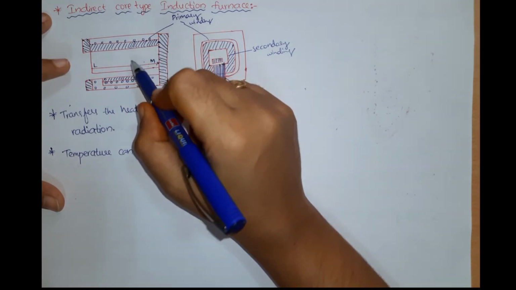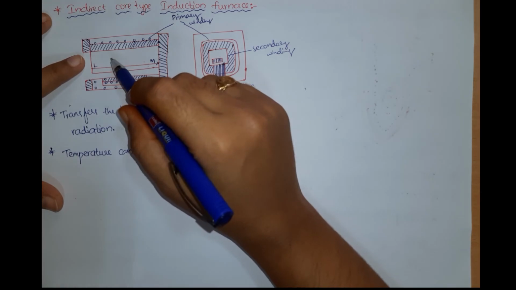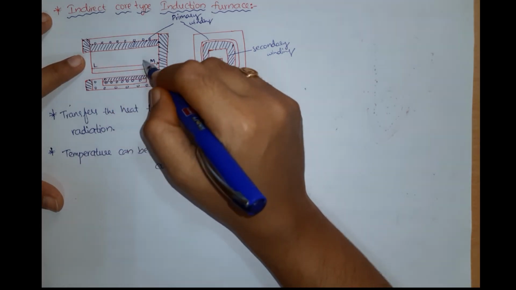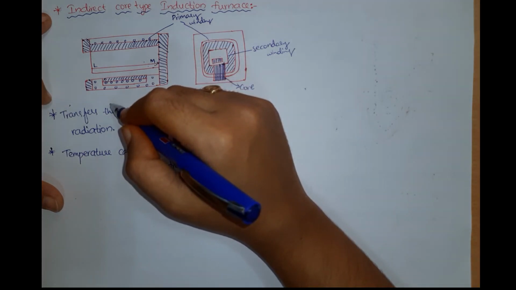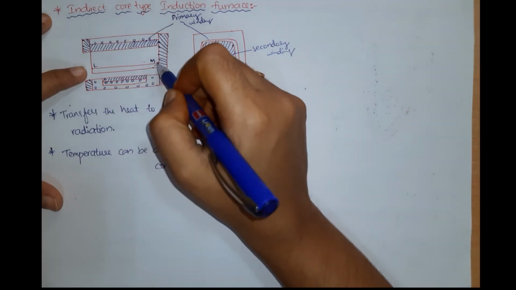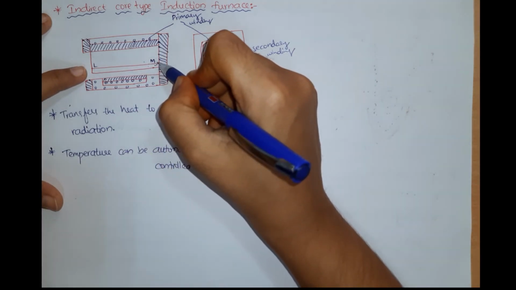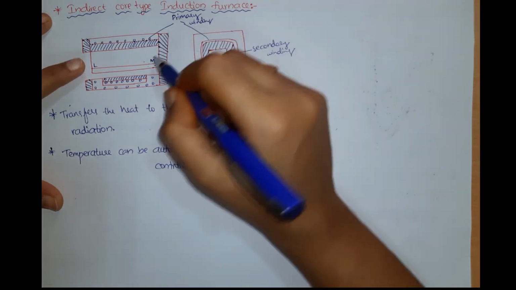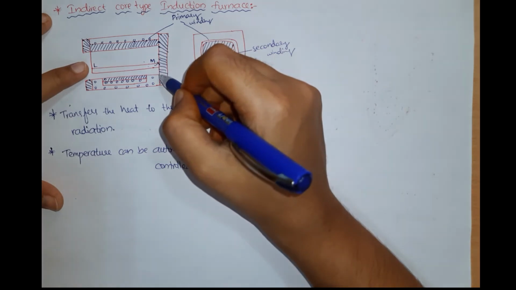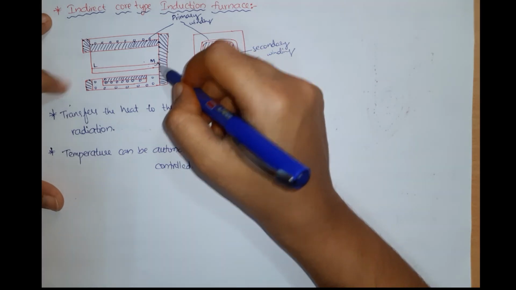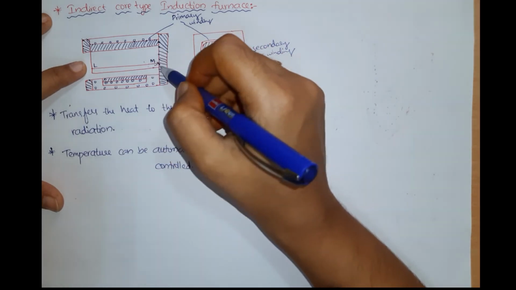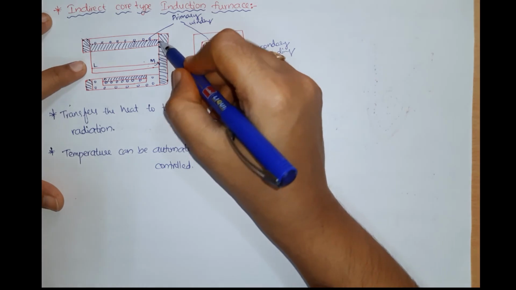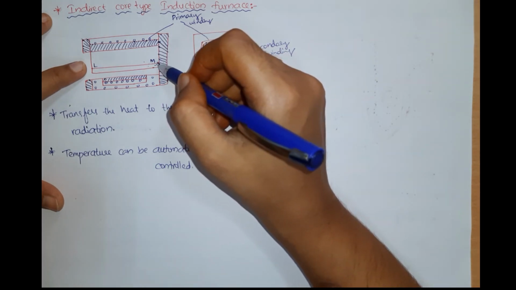What happens is, as soon as this chamber attains the critical temperature, the reluctance of this magnetic circuit increases. Thereby what does it do? It cuts off the heating supply, right? Why? Because it no longer acts as the magnetic circuit. It loses its magnetic property, so it no longer forms a connection between the primary and secondary. Now the primary and secondary connection is lost. So this is how it is transferring the heat from the core to the charge to be heated, right?